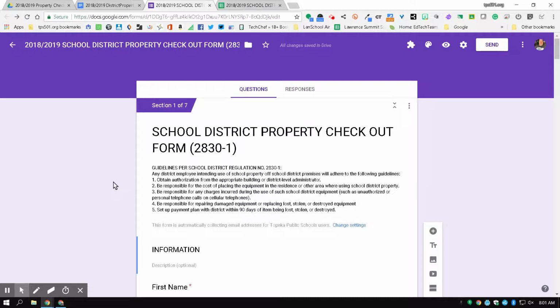but our administration still wanted the paper form filled out, just so that they, for filing and record keeping, that sort of thing, instead of just having it on the spreadsheet. So we started using Autocrat. So here's how we have this set up. So we have our form. We have our